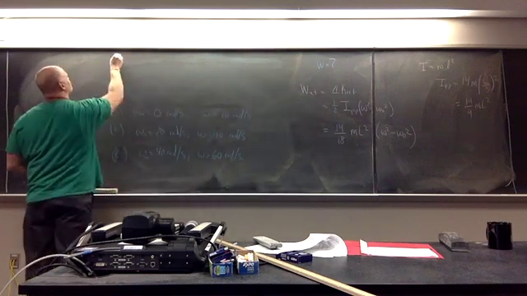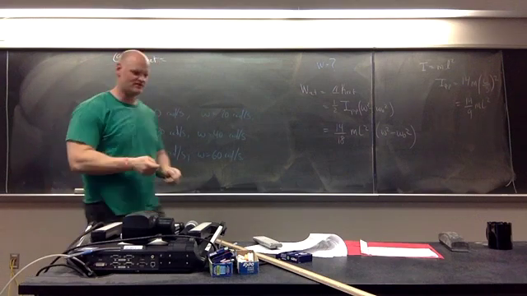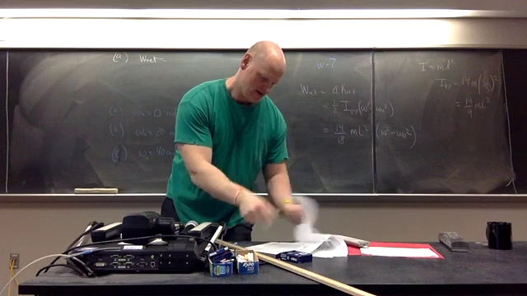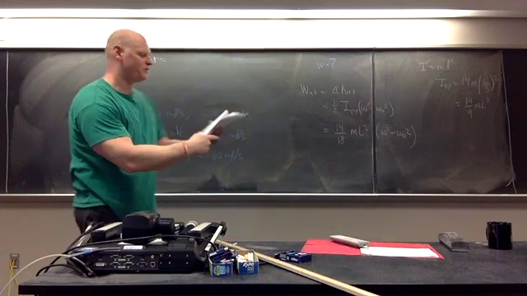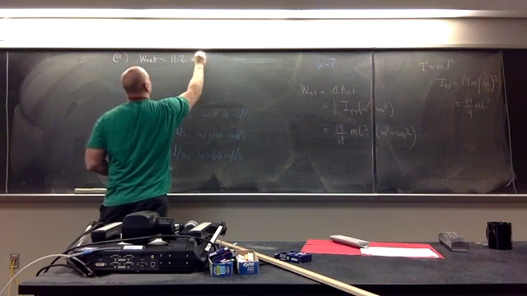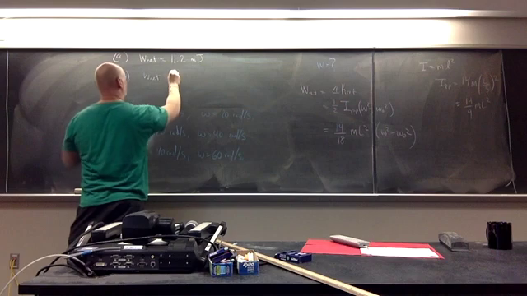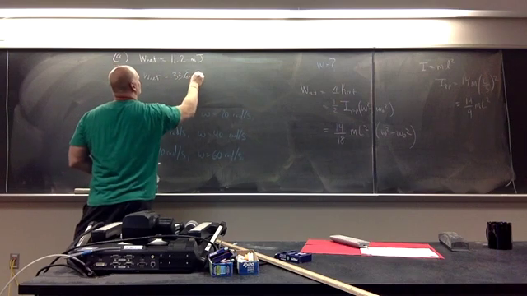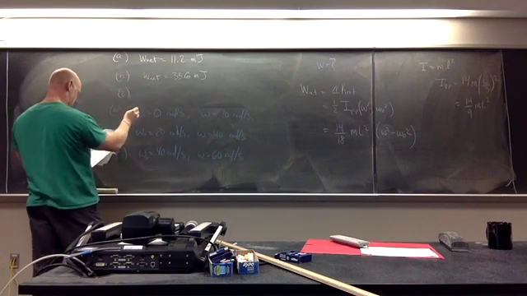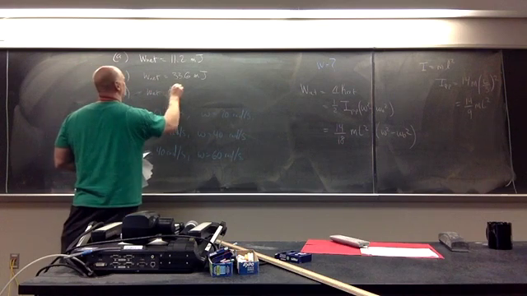So let's look at part A first. For part A, after plugging in my numbers, the net work works out to be 11.2 millijoules. For part B, the net work is equal to 33.6 millijoules. And finally, for part C, this is equal to 56